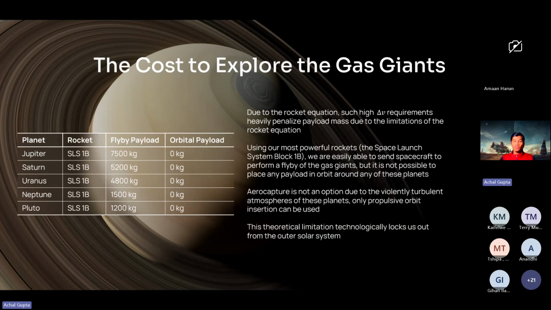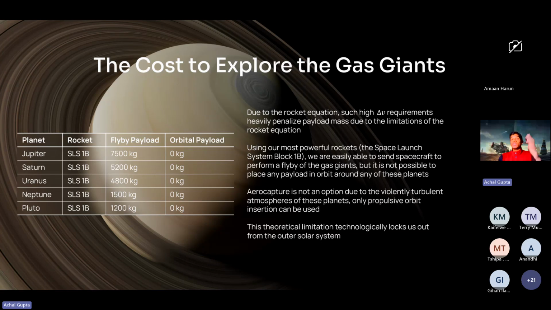If we take the most powerful rockets we have today, the SLS Block 1B, and we take these delta V values and plug them into the SLS Block 1B to get the maximum payload it can send to these planets, well, you can have a lot of mass flyby. You can have 7.5 tons fly by Jupiter. You can have 1.2 tons fly by Pluto. But none of these situations will let you actually place a craft in orbit around these planets, which means Hohmann transfers are no longer